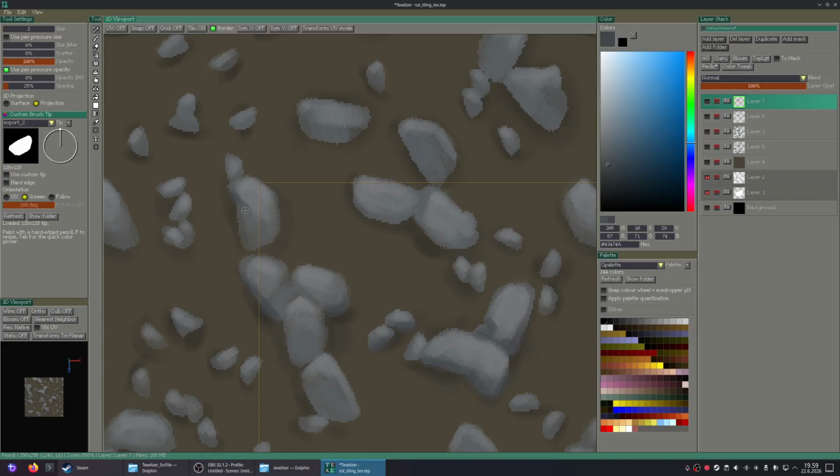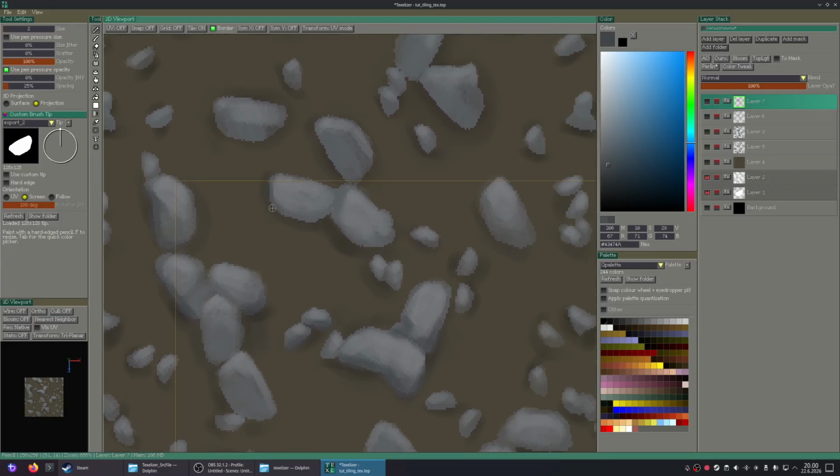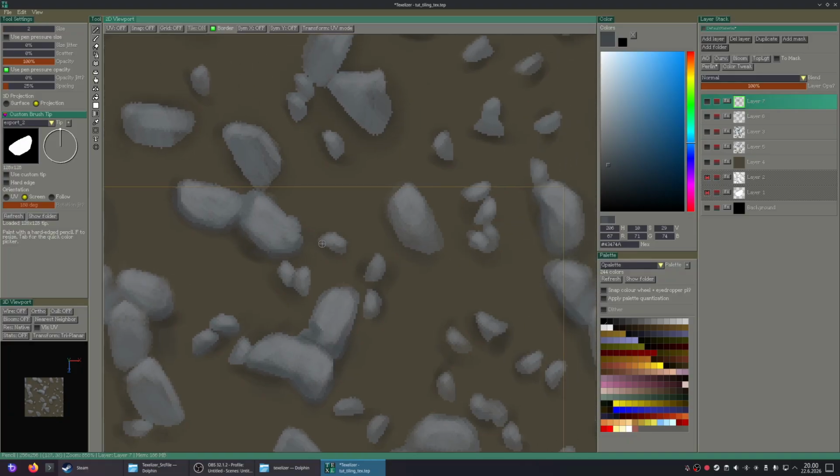Yeah, just keeping the tiling on and painting away here. That looks a bit weird.